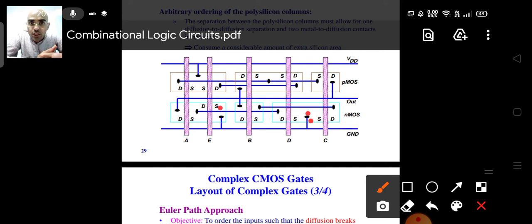So you can see the connection here. What we do is we try to minimize the number of contacts, so we use as few contacts as possible. But this particular thing, if you drew it, is not the optimized stick diagram. If you make this stick diagram, the circuit will work, but it will not give you the minimum area. It is not the optimized one. This is nothing but the connections which we have made. As this is not the optimized one, we have to get the optimized stick diagram.